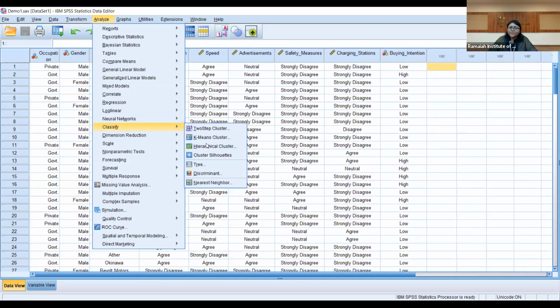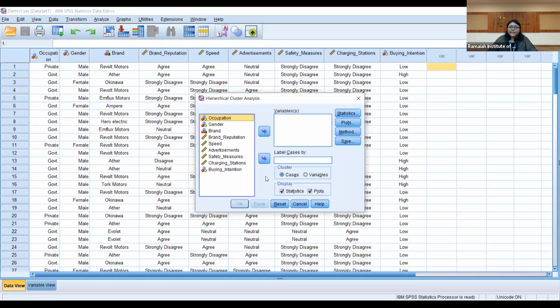I told you there are three types of clustering in SPSS. We'll be doing a two-step clustering, a k-means clustering and the hierarchical clustering. So let us first start with the hierarchical clustering, in which we had the agglomerative and divisive clustering. So in this case, what we'll do is,